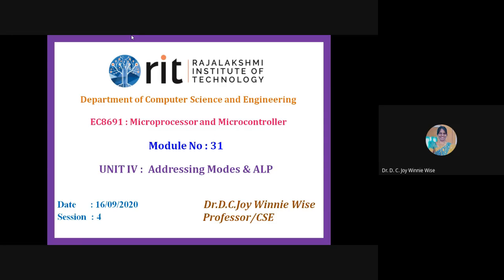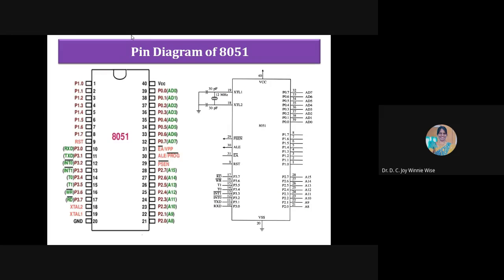Okay. And we saw all the instruction sets of 8051. Before going into the addressing modes, let me repeat the signal pins available. The signals of 8051. As I said earlier, there are four ports: port 0, port 1, port 2, and port 3. Port 0 is used for two functions. One is for parallel data transfer, and it also represents AD0 to AD7. AD0 to AD7 is nothing but the address and data bus.